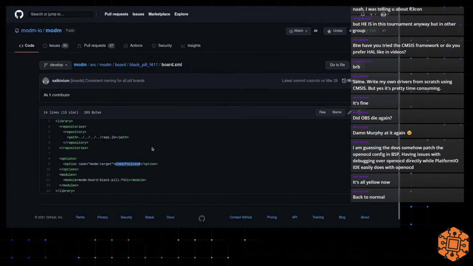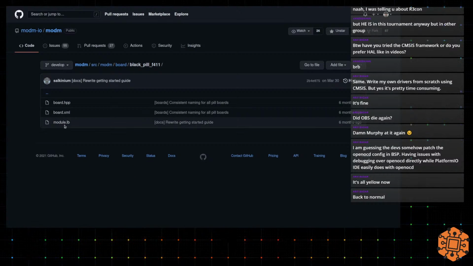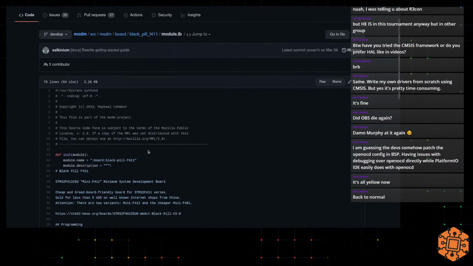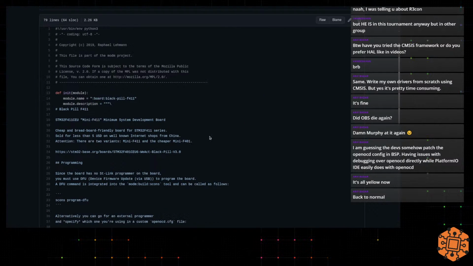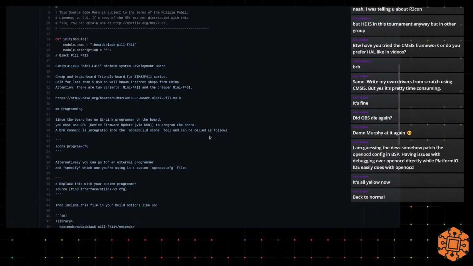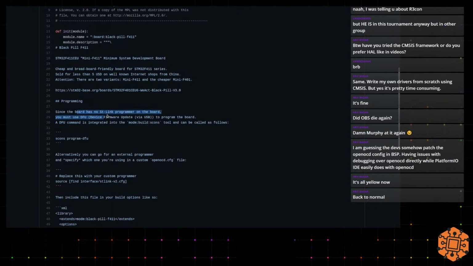Let me make it bigger. Target is the same. Module board black. Okay, and module LB here. Let's see. So the board has no on the board. You must use device firmware ARM via USB to program the board. No, that's not true. That's not true because I can